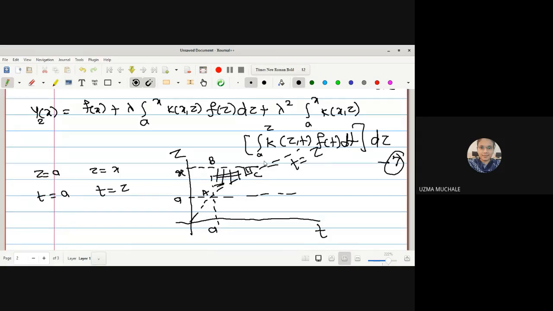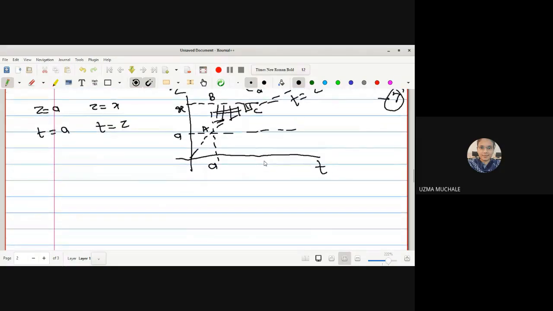Now, in the double integration, we have the strips given to us. Strips are taken parallel to T, right? Now, whatever the strip we have been provided, now we have to change that strip. Do you remember now how we used to change the strip? Okay, let me draw the sketch once again.